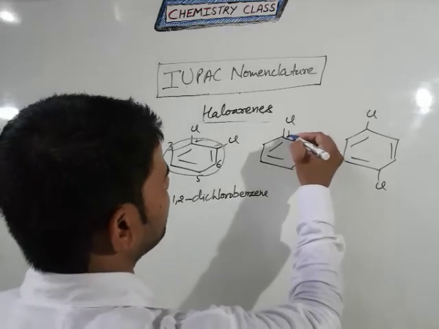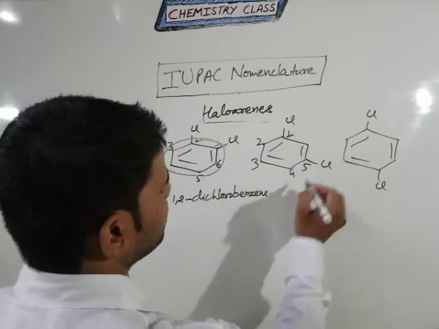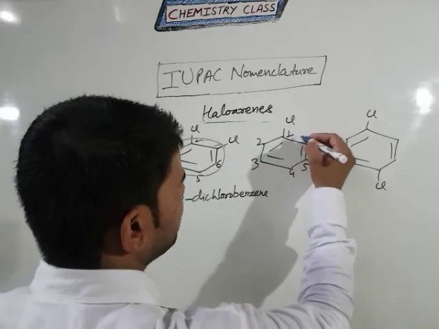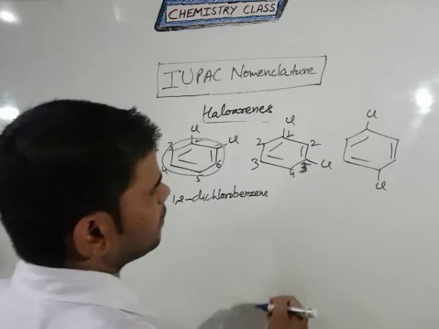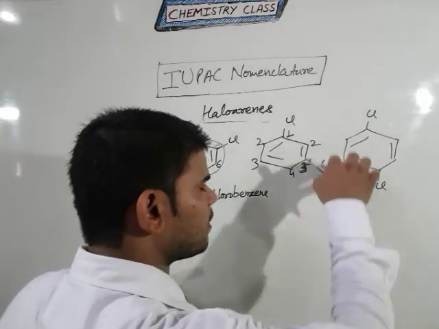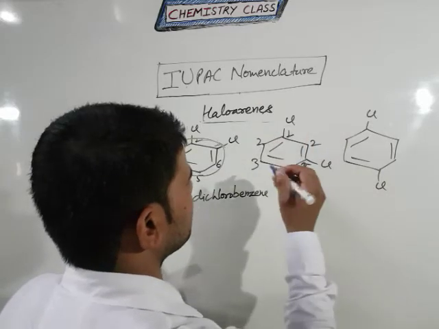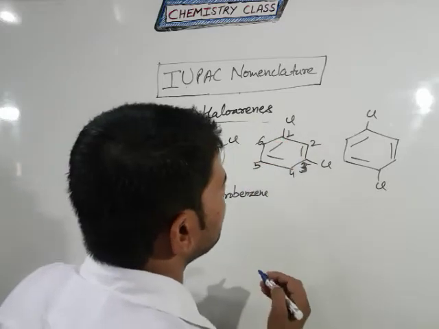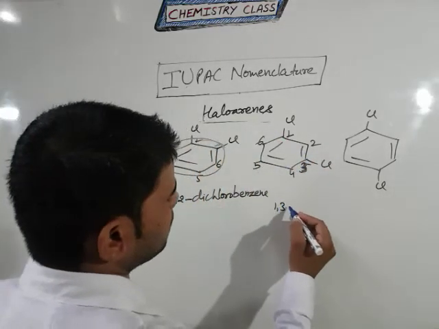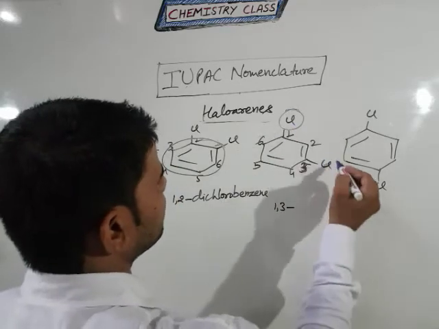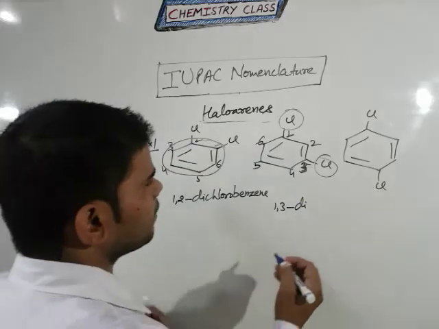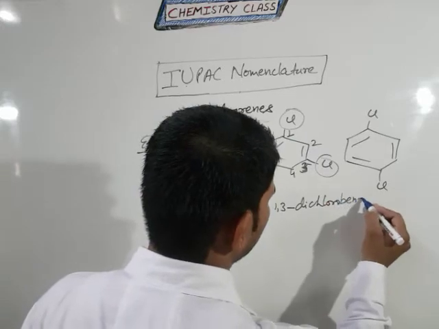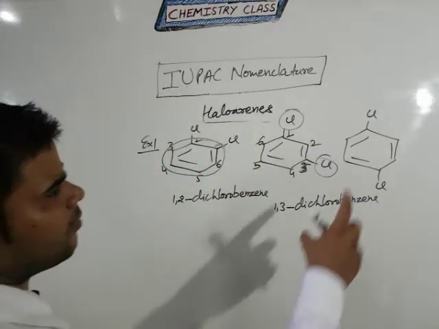Now come to this example. If you are counting from here 1, 2, 3, 4, 5, in this case the first and 5 position have the Cl. But if you are counting from here 1, 2, 3, only the third position will have the Cl atom. So this trend is correct, but this trend is not correct. So that's why you follow this trend. Clear? So only 1 and third position you will have Cl, and how much Cl? 1 and 1, that means 2. 2 means di, and the Cl prefix is chloro, and the system name is benzene. Clear?